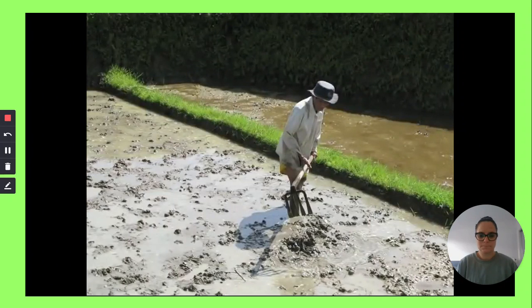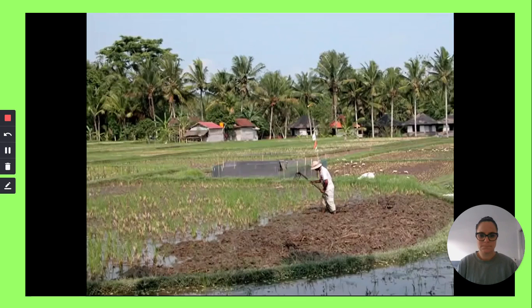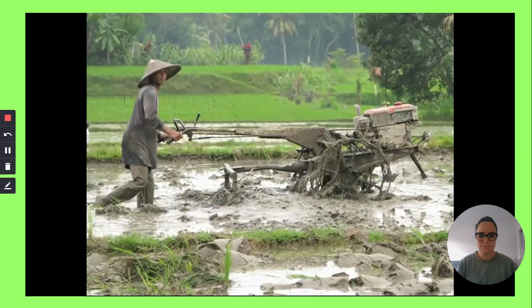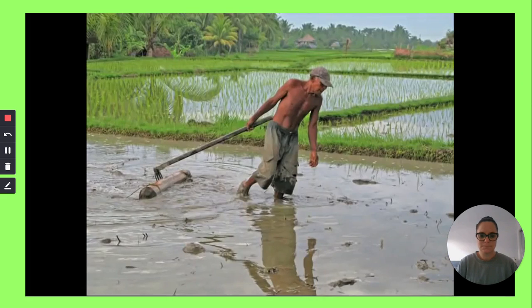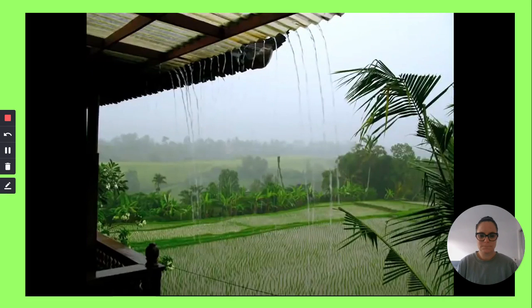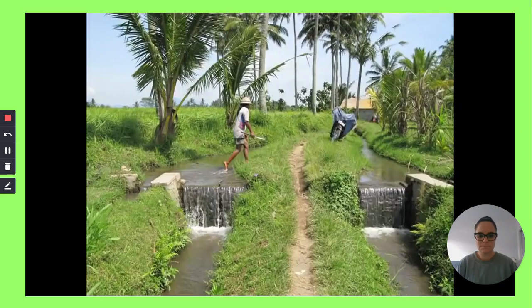Before planting, the land is cultivated. Where paddies are big enough, the work can be done with a water buffalo, but many paddies are too small for the animals to turn around, and the work must be done by hand. Increasingly, small tractors do the plowing. Then the soil must be smoothed and leveled. Indonesia has lots of rain. Still, it takes great care to get the right amount of water to the right place at the right time.